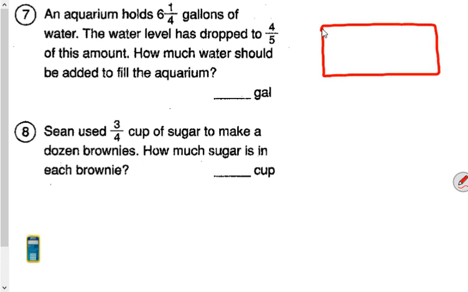I would say, here's my aquarium. And when it is all the way full, it holds 6 1/4 gallons. But it is not all the way full. My little fishy's swimming around in there. And the water level has dropped to 4/5 of this amount. So what that means is, if I think about it as fifths,